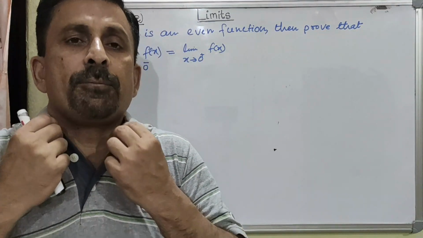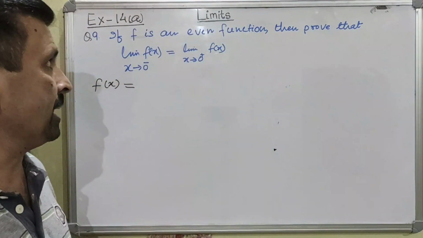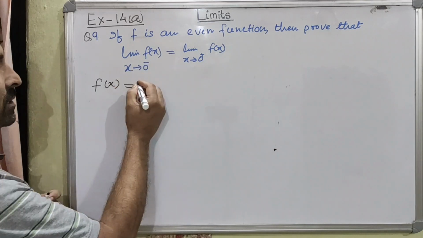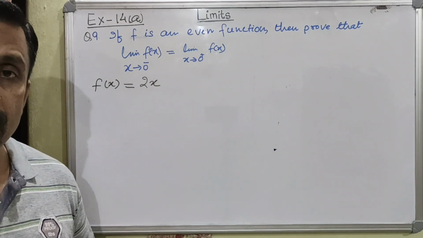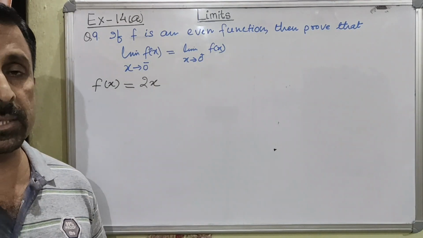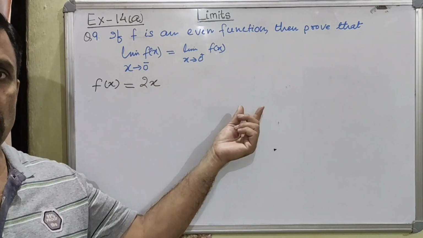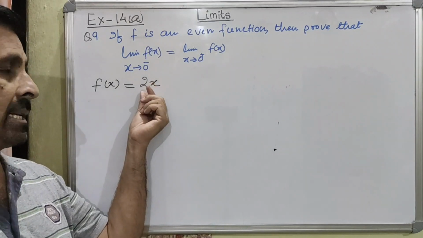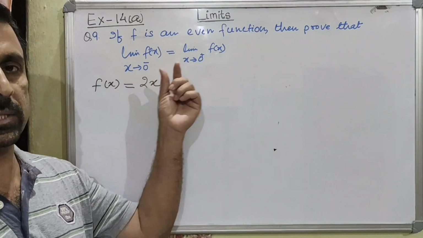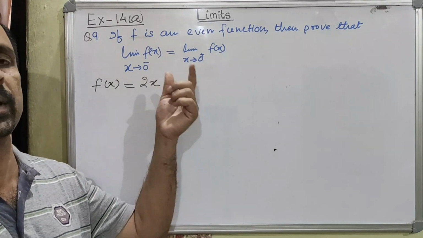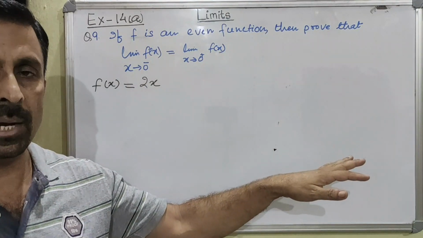So if we say an even number is a multiple of 2, then we will be able to write the function as 2x. Now, does this represent an even number? 2x means it's a multiple of 2. x can be any natural number or integer. In that case, this will always give you an even number. If x is positive, it will give you a positive even number. If x is negative, it will give you a negative even number. But for any value of x, this will give you an even number.